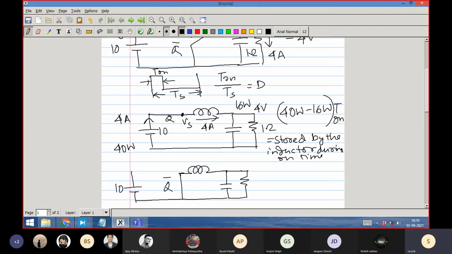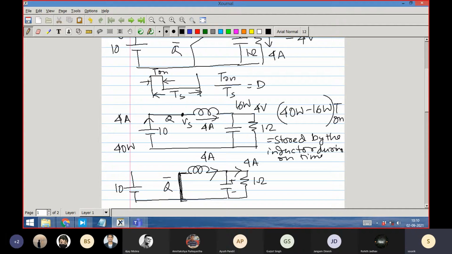So we say that yes, the load current is still about 4 ampere. And this voltage has not changed, so the current here also is 4 ampere. There is hardly any capacitive current because we are assuming that the capacitor voltage remains unchanged at 4 volt. But you see that from the input side, no help is coming. Energy is not coming from any source, because this terminal has shorted.